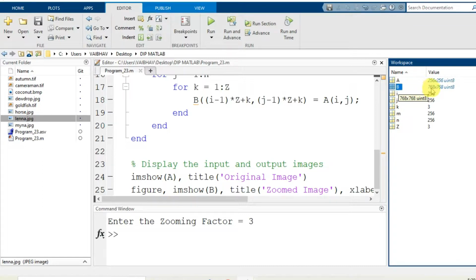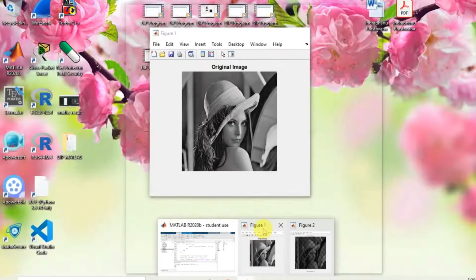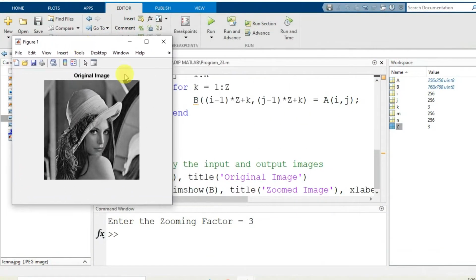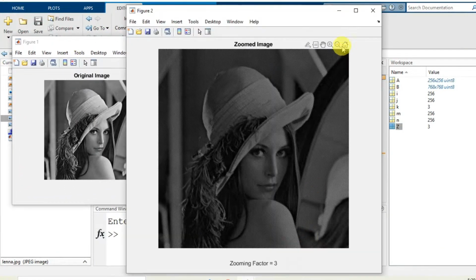Now it has gone to 768 by 768 when the zooming factor stored in the variable capital Z is equal to 3 here, and this is the corresponding original image and the zoomed image you see here.